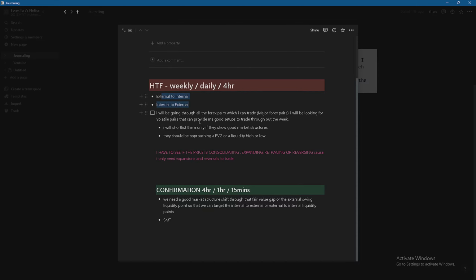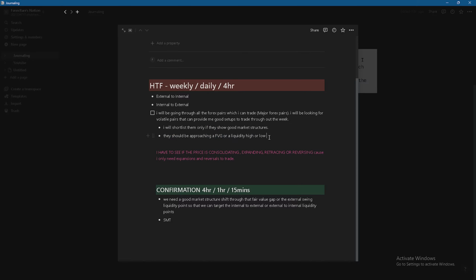Okay. The price can move from external to internal or internal to external. If we see this happening, I'll be going through all the major forex pairs. I'll be looking for the volatile pairs only, which show good market structures and can provide me good setups throughout the week. I'll shortlist them only if they show that they are approaching the fair value gaps or the liquidity high or low